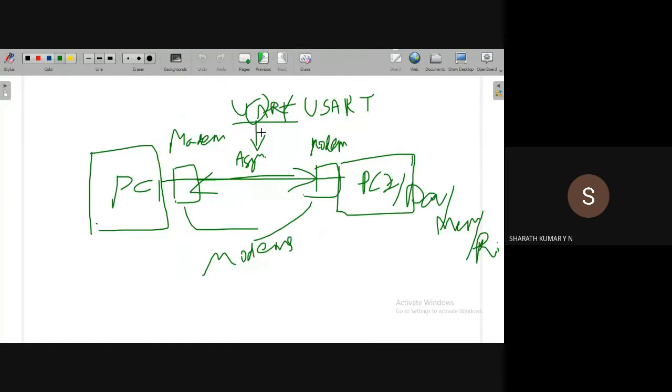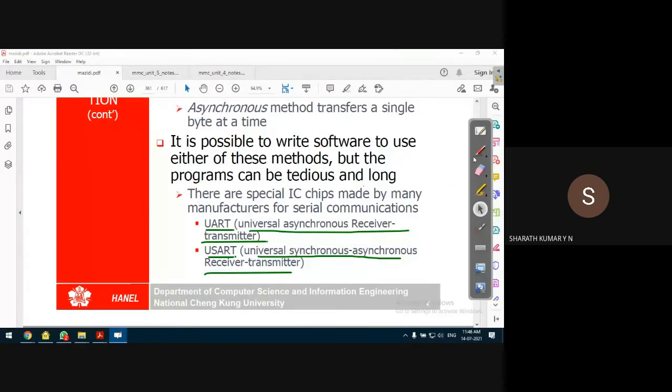So if both devices have UART capability, they'll transmit the data byte by byte. Whereas if both devices have USART capability, or supported IC chip hardware, then they can transmit the data blockwise, to multiple devices. So that's the difference.